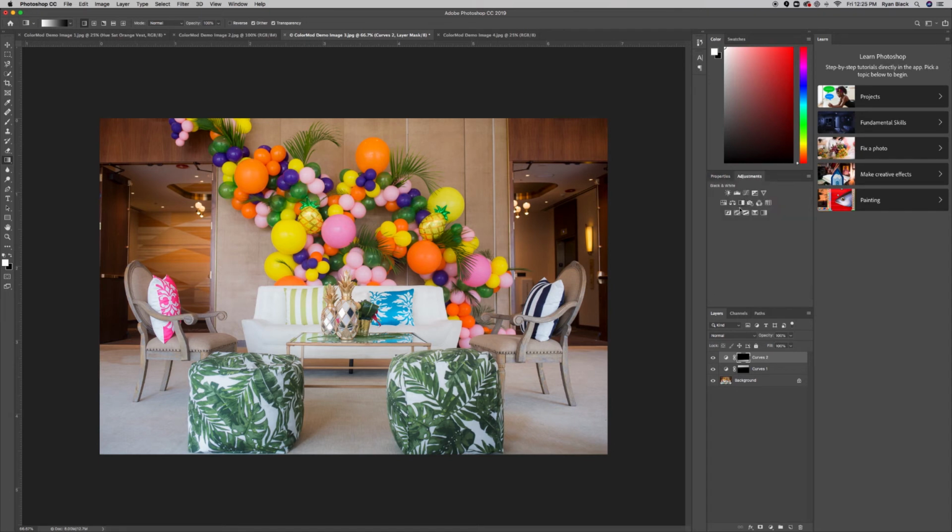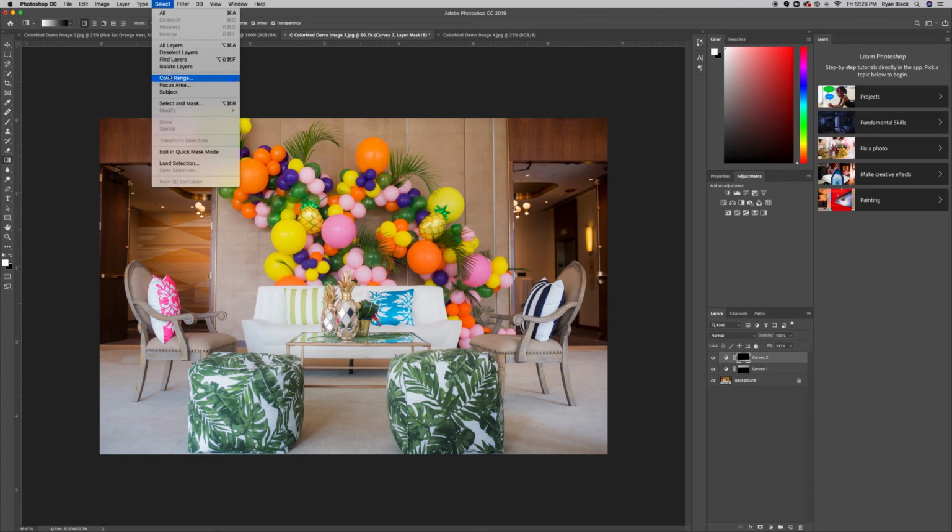Here's another kind of fun one to keep in mind. Let's see. If I want to change the color of all of my orange balloons or all of my yellow balloons, there's a really interesting tool you can utilize to select all of them, because if I were going through each of these balloons, it would take a long time to mask each of them out. So if I go up to select color range,